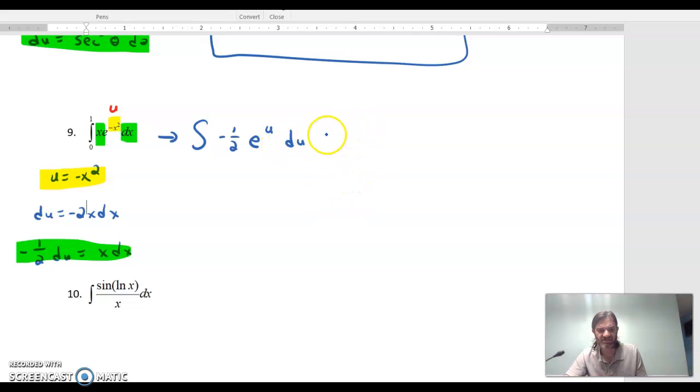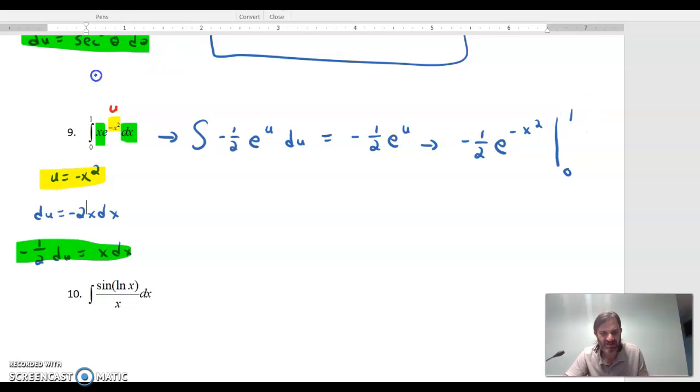Okay, and we know e to the u is e to the u when we integrate it, so we get negative 1/2 e to the u. We could put a plus c, but we know there's endpoints, so we want to take this back to x. So negative 1/2 e to the negative x squared, and that's running from 0 to 1. So getting everything back in place, when we put it back in terms of x. So we got 2 endpoints, so we need to plug them in. So we'll let x equal 1. So that'll be negative 1/2 e to the negative 1